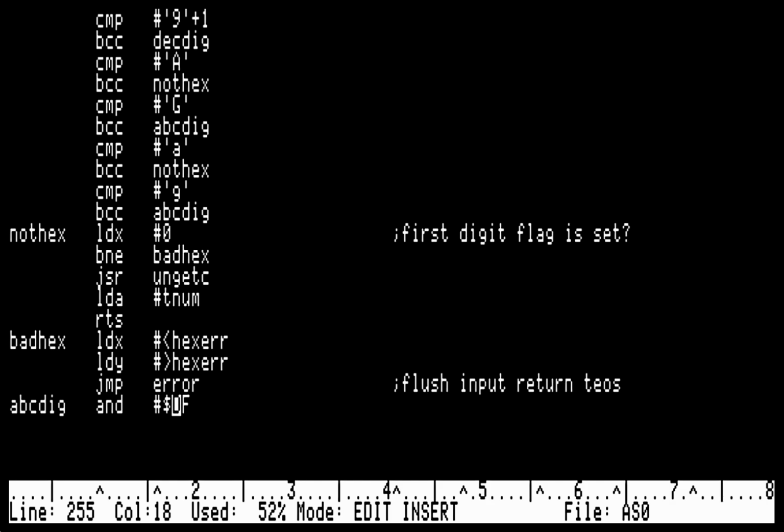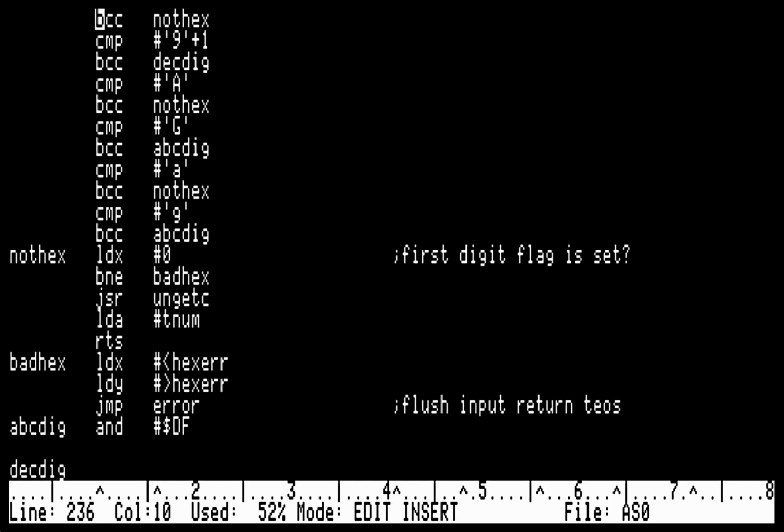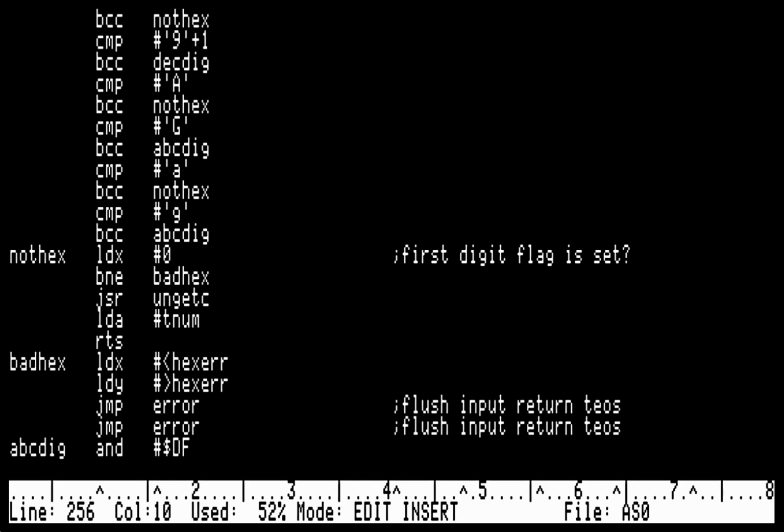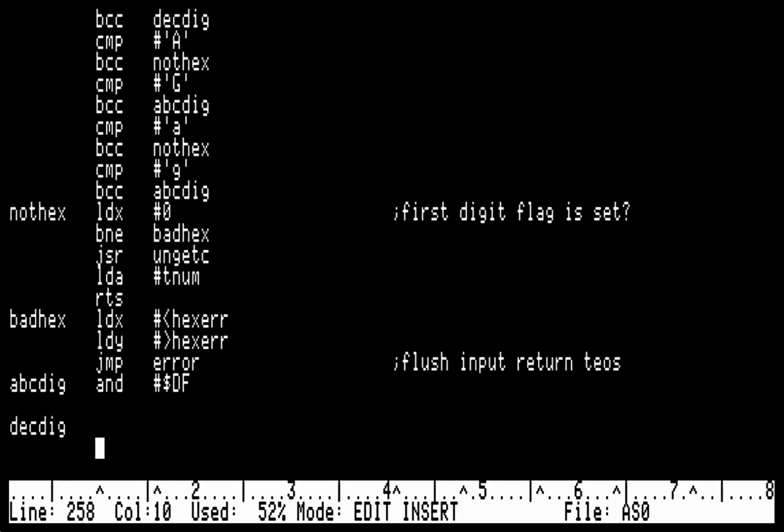Okay. So that changes the lowercase letter to an uppercase letter. Let me go down to the decdig here. This is basically the exact same thing we have down here,